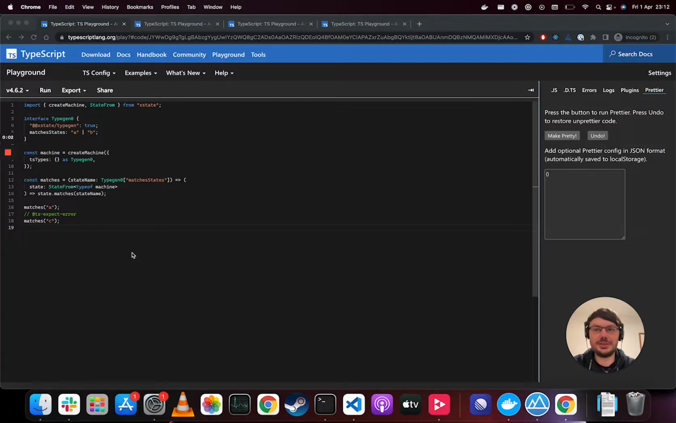Hi, so today I got a question, or rather two questions about a very similar thing on our Discord in XState. And the question was how to properly type state values. So basically, in XState